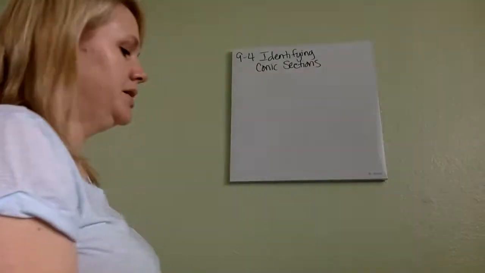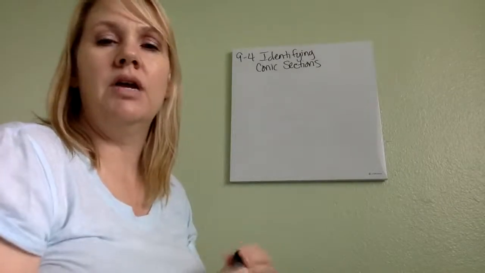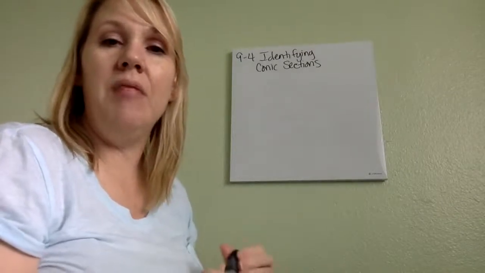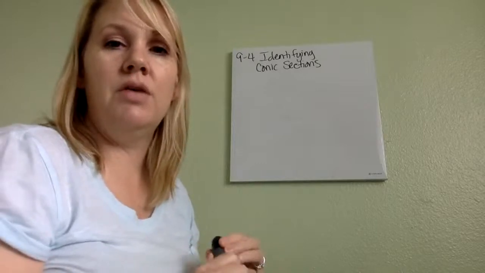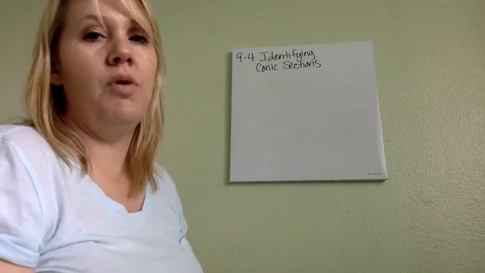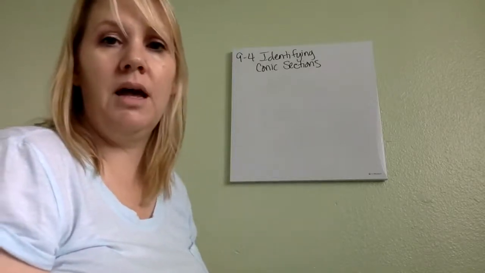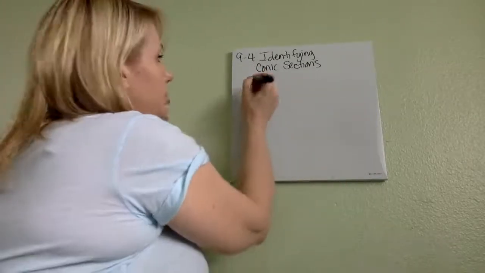So identifying conic sections. They're going to give you an equation. It will not be in standard form. The ones that I just showed you were all standard form. The equation they're going to give you will not be standard form. And then you have to figure out whether it is a parabola, a circle, an ellipse, or a hyperbola. So if I have this equation,